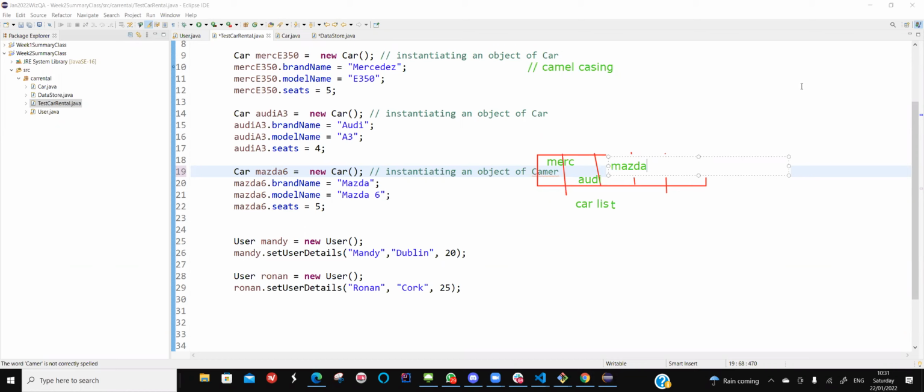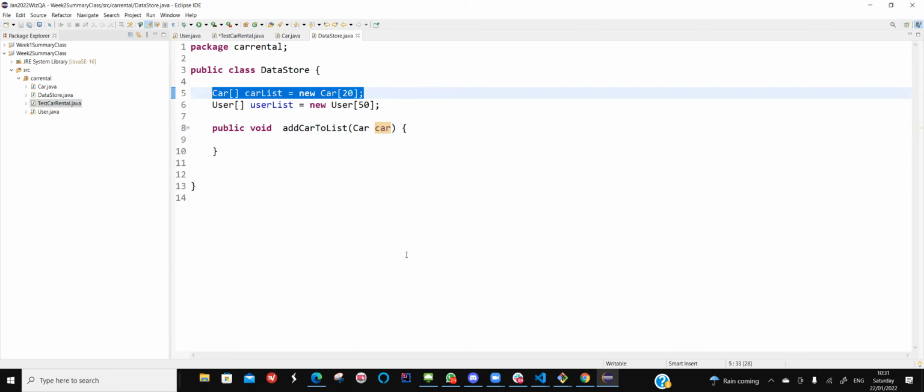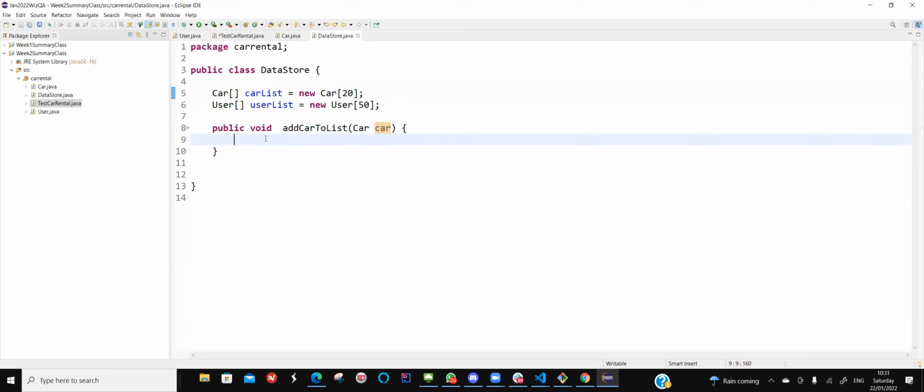Okay, now what I'll do is, let me show you how I do this. So the idea is simple. The idea is that I will look at this car array. So I'll say for int i equals to,